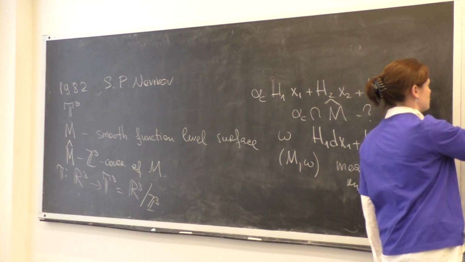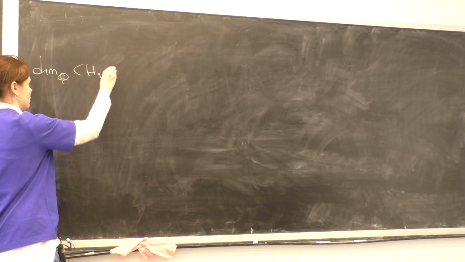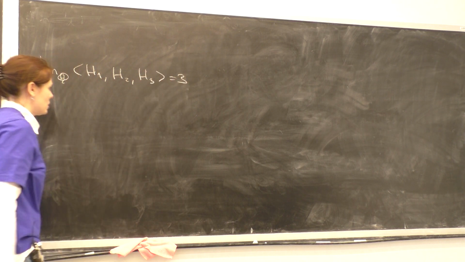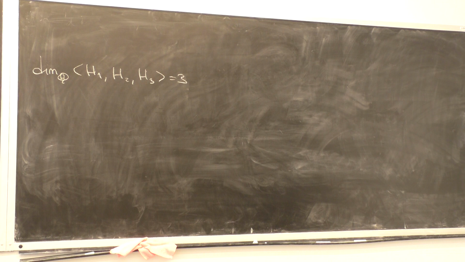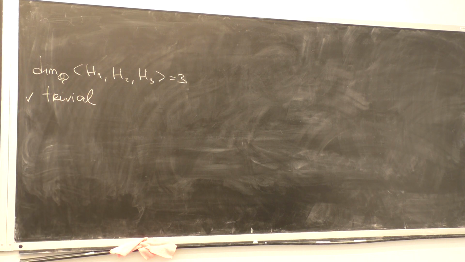Let me consider the most generic case when we think that all the components of our vector H are rationally incommensurable. In such a case, we have the following classification of the trajectories in this interpretation. The first option is the so-called trivial case. Triviality means that everybody is closed.